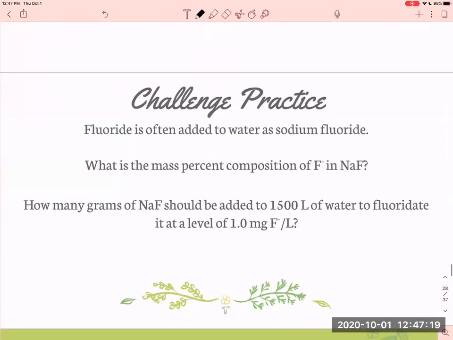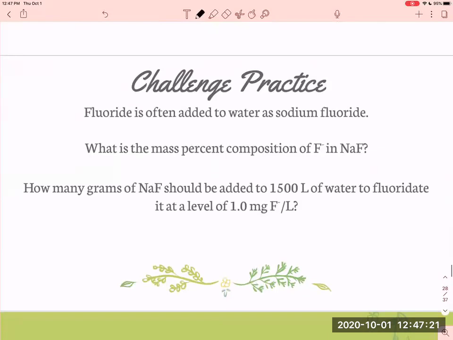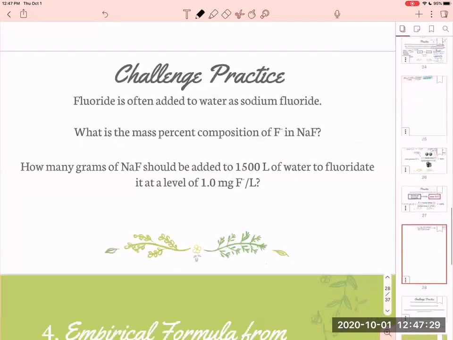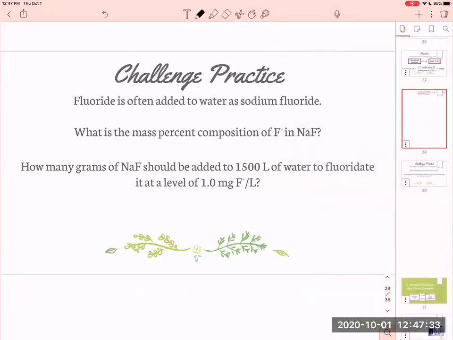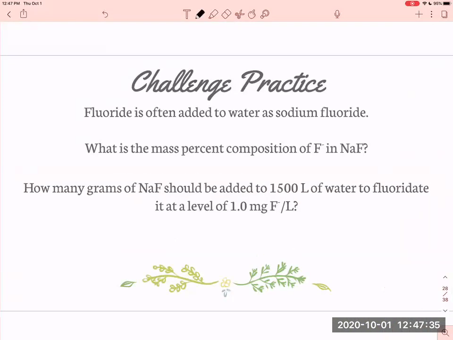So let's ramp it up a notch and try this challenge problem where I'm going to ask you for the mass percent and then I want you to use that information. So I will grab myself another page here and I'm hoping that you will pause at this point and try to work this out. So to work this out, first I want to have the percent composition,